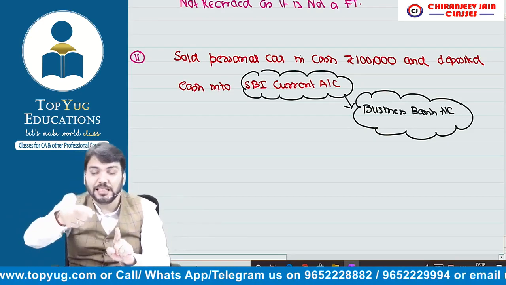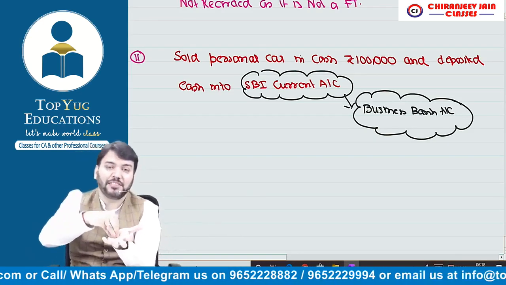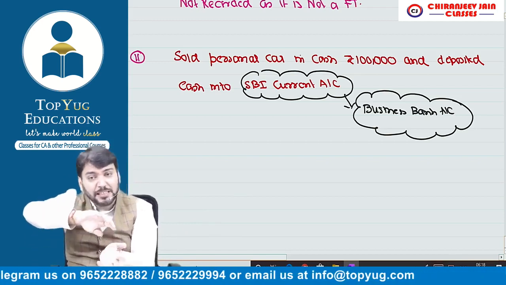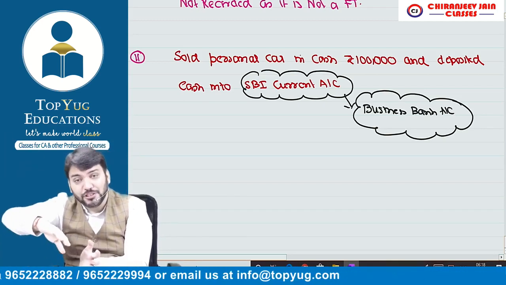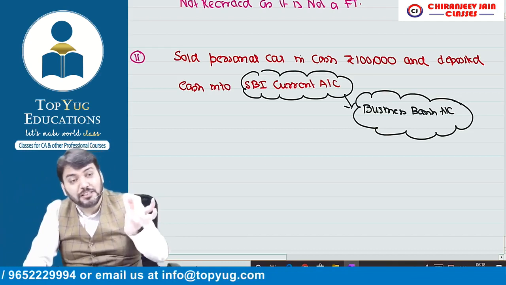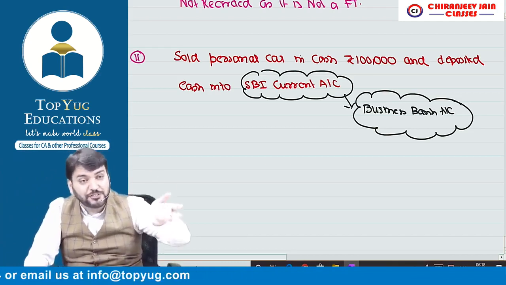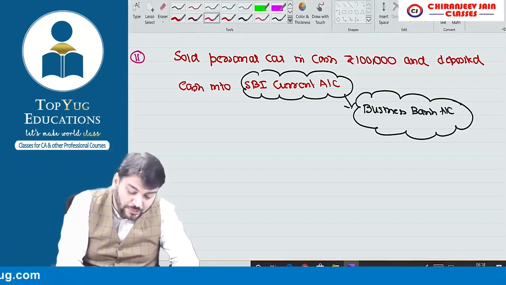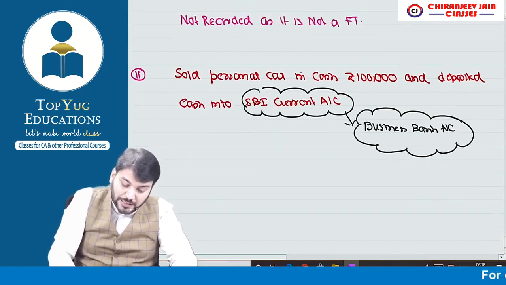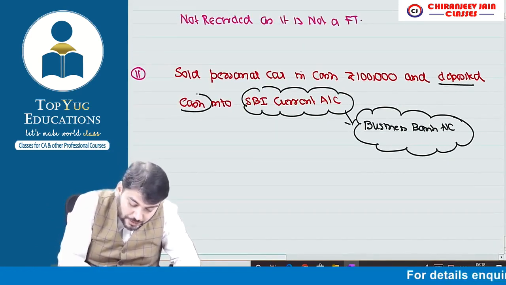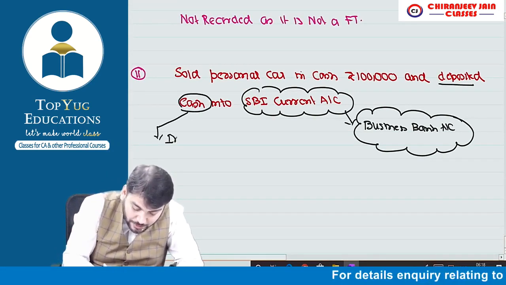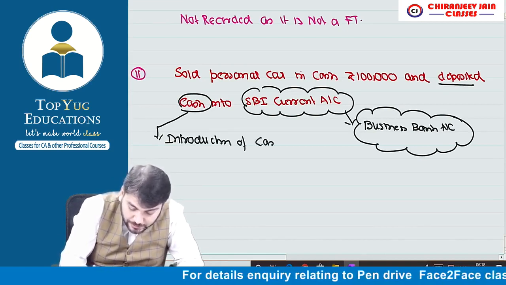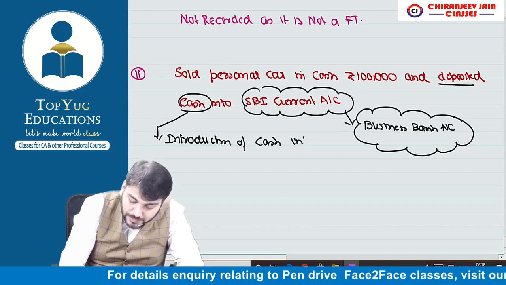Sold personal car in cash. So this cash is a personal cash. This is not the business's cash. This is a personal cash and that has been deposited in what? Business bank account. This is nothing but introduction of cash into business. For introduction of cash, who will introduce? Owner will introduce. So this represents introduction of cash into business,